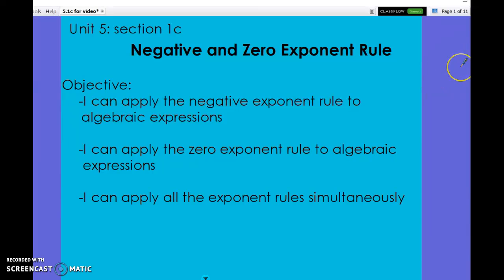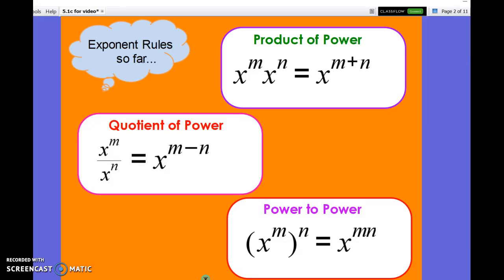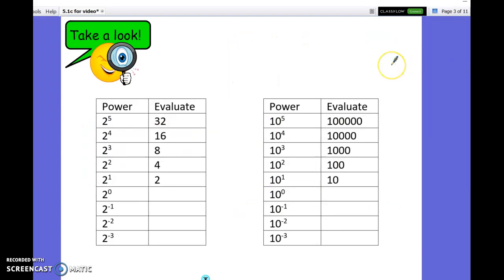5.1c is about negative and zero exponent rules. So these are just two more rules that we're going to talk about. Here are the rules we've talked about so far: the product of a power, quotient of a power, and power to a power rule. Today we're looking at the zero and negative exponent rules, so let's take a look at